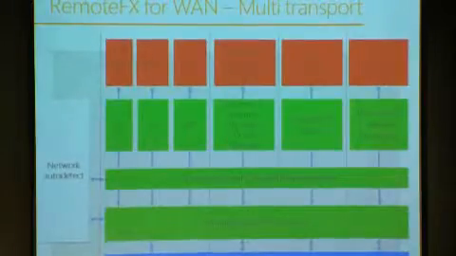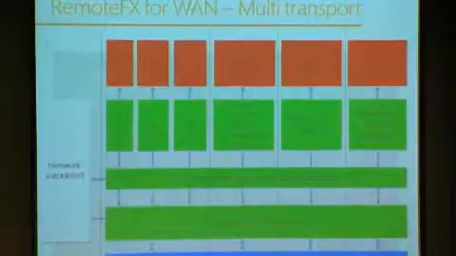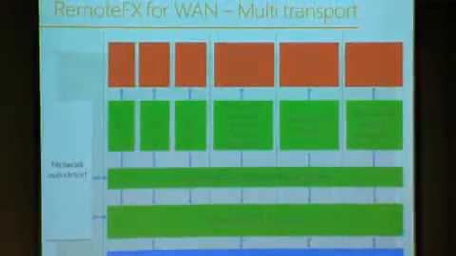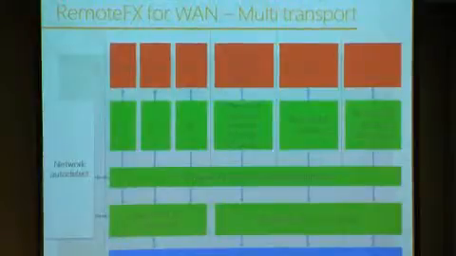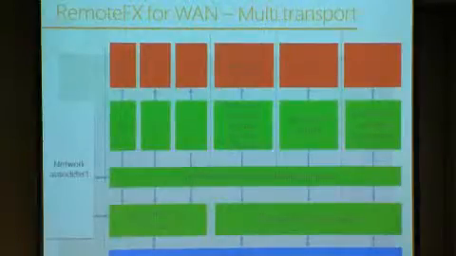Here's another big, scary, fun chart. And in fact, this goes back to, I think, the exact question you had. We now can detect the type of network we're in. When we detect a lossy network, like on a WAN, what you'll see is this TCP transport, which is our default in the corporate LAN. We'll go ahead and bring up a separate UDP transport and then shift the virtual channels for audio and video